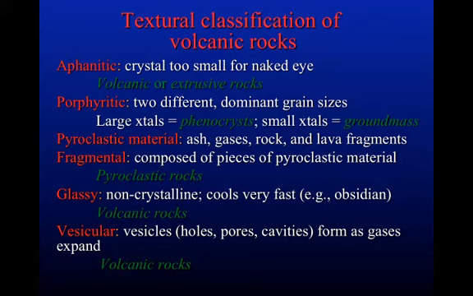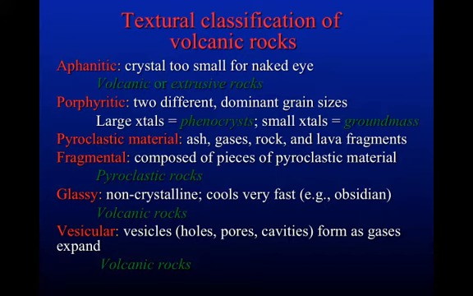And then porphyritic, where you have two different kinds of textures, a ground mass or the matrix of the rock having a very fine grained texture, so an aphanitic texture in the ground mass, and larger crystals within that ground mass that are called the phenocrysts. Now, those textures apply to volcanic products that result from crystallization of a lava flow, but there's also pyroclastic